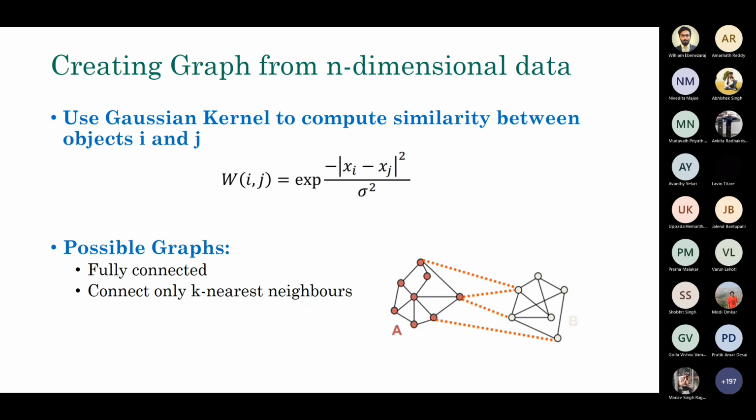Sir, when we are connecting only these k nearest neighbors, let's assume that 1 and 2 are pretty close, but for 1, 3 is also very close. There can be a case where there are k plus 1 for the first one. So you mean rather than saying k nearest neighbors, you want to set a threshold on the distance or similarity, and based on that you want to do something like that. Yeah, that's another possibility. That's a better alternative.